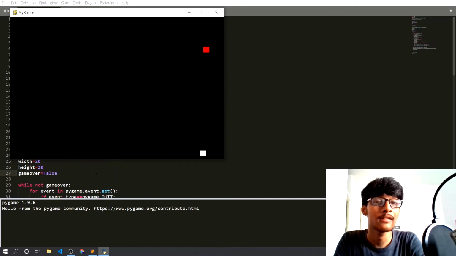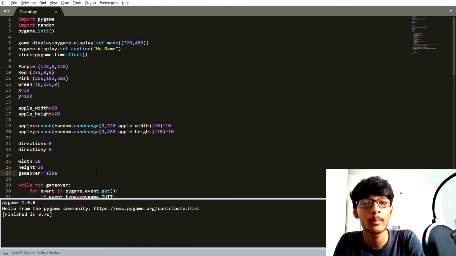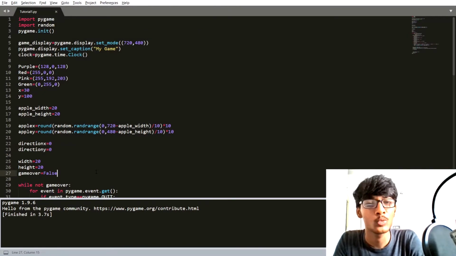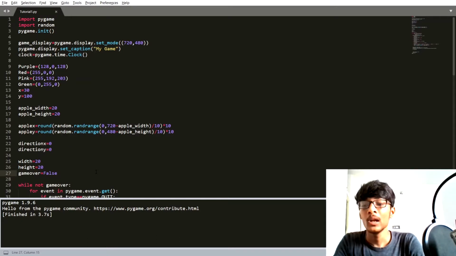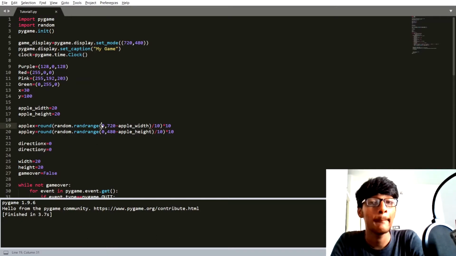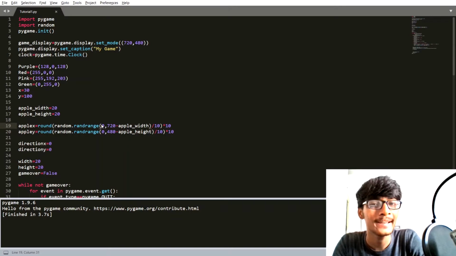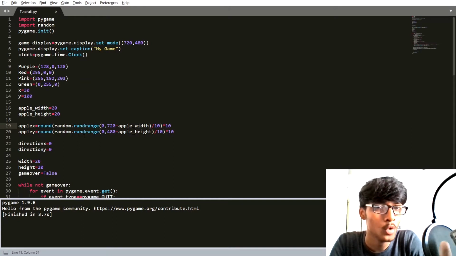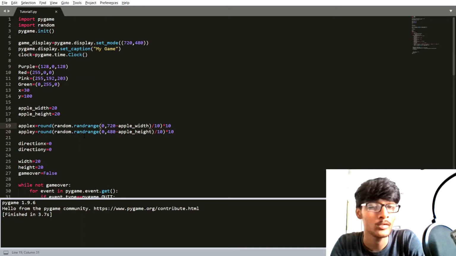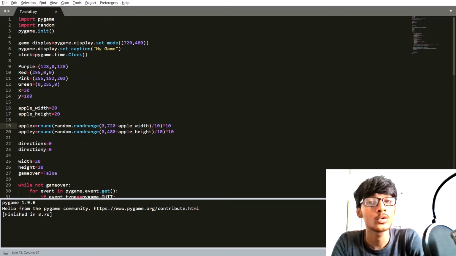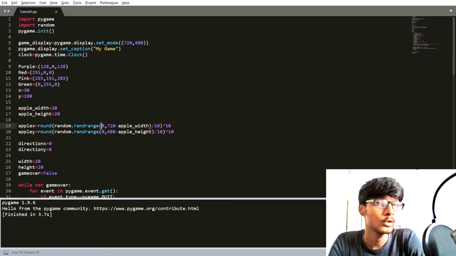In the last video we saw how to make a constant or continuous movement in our snake game. So basically, what logic are we going to use to increase the length of the snake? First we are going to create one empty list. Whenever our snake moves, those x coordinate and y coordinate, we will just append inside our snake list, and we will use those coordinates to draw a block of that snake.